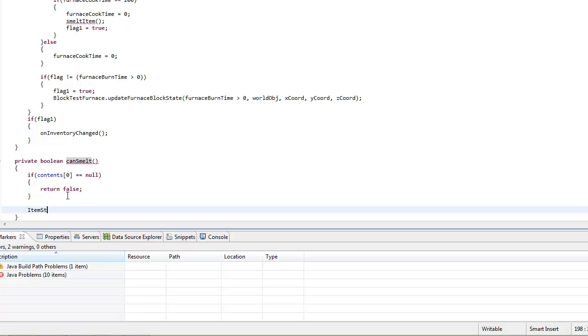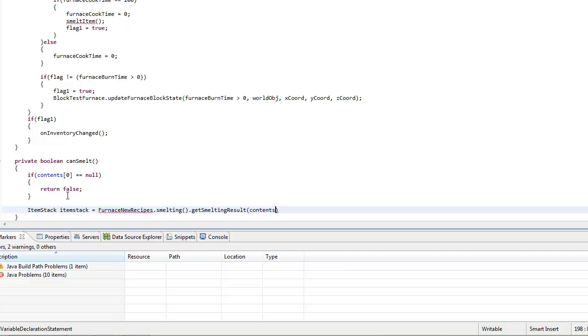Then the next thing we want to do is make a new item stack called item stack, believe it or not, which is equal to furnace recipes, which is a class we will make later, which will contain all of your recipes. Dot smelting dot get smelting result,